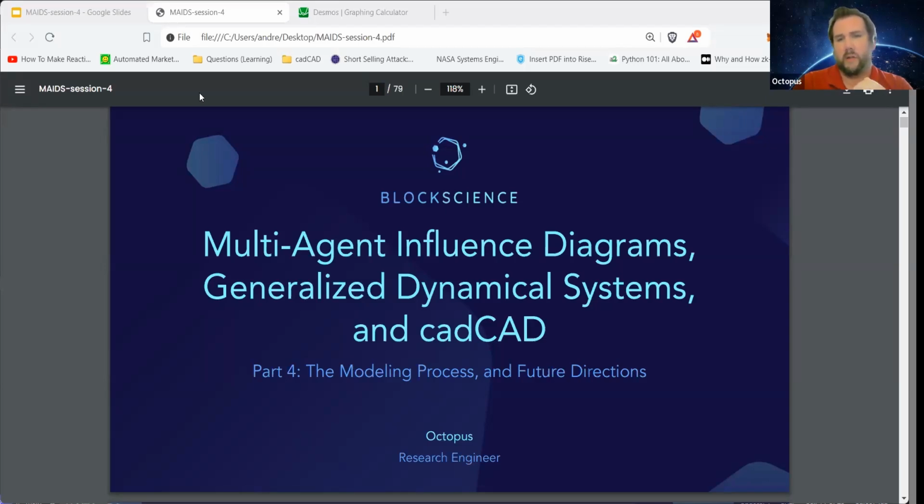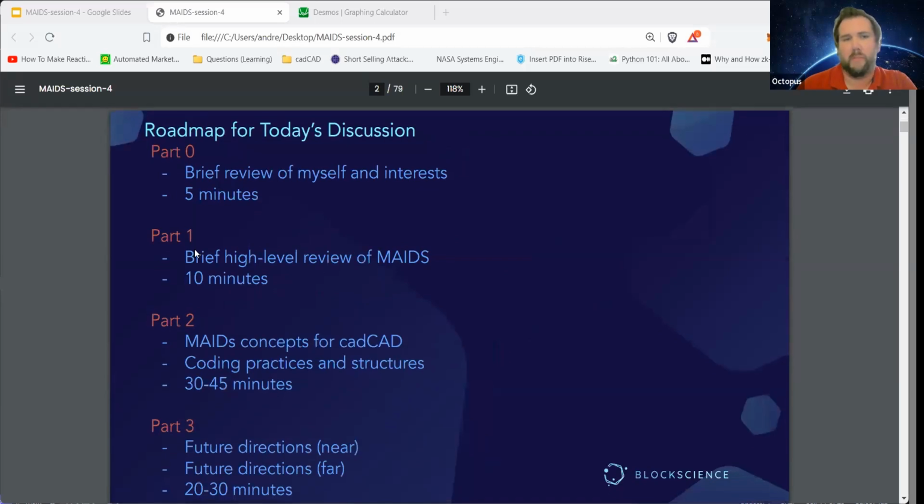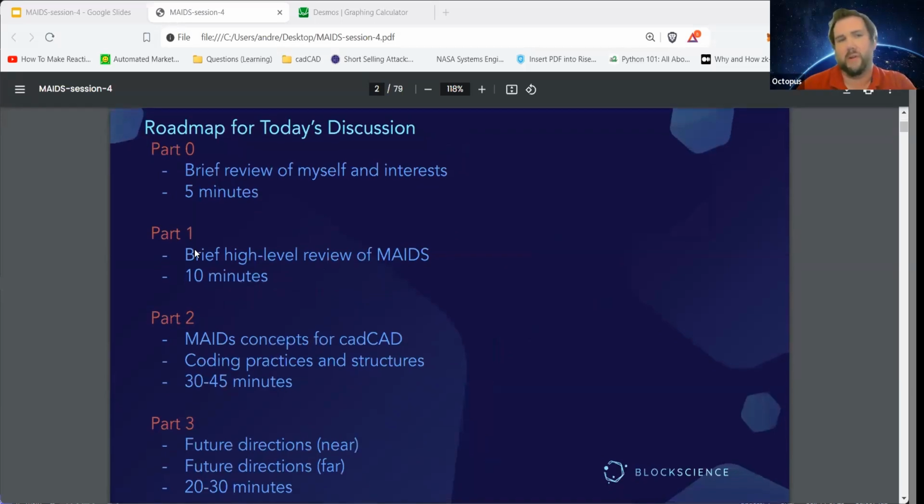And in today's session, what I'm really hoping to accomplish is to lay out some frameworks that MAIDs have suggested to me that might be applicable or might be useful in the CAD CAD modeling process overall, which includes both communication and structuring, and the specific CAD CAD structural things in terms of coding. And I have a roadmap. Of course, the map may not end up being the territory either prescriptively or descriptively, but this is the overview that I'm giving myself for today.